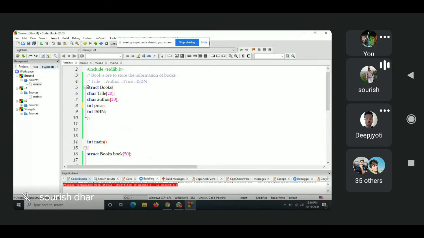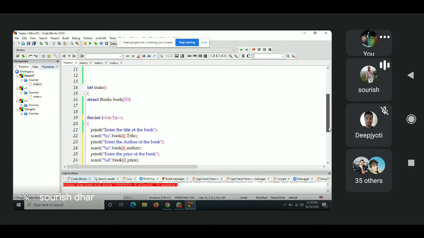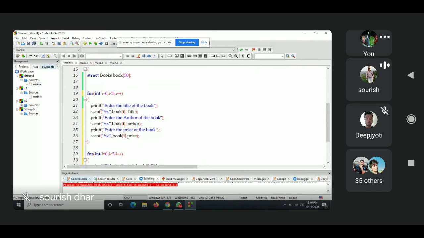Yes, sir. I have created one structure book and the structure has been given. Previously I was directly assigning, so that was giving a problem. Now I'm using printf and scanf functions. Instead of 50 books, I'll be taking the values of only 5 books. I'll be taking the address of everything inside book i title. Here i represents whether it is book 1, book 2, book 3. Currently I'm mentioning 5 books, so I will be taking only 5, and after that I will be printing those.